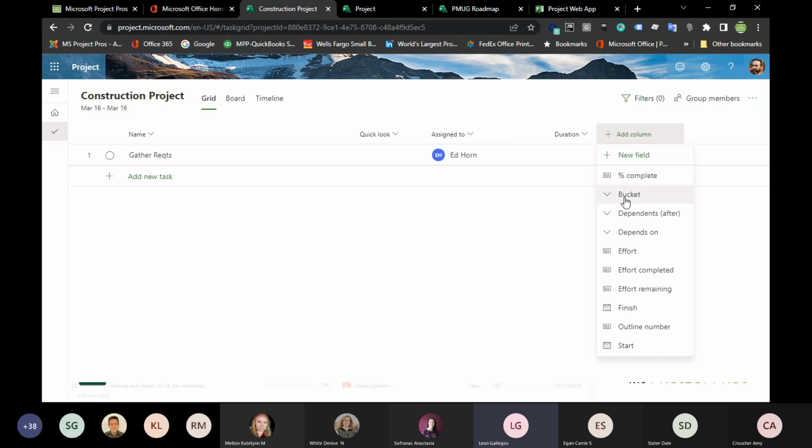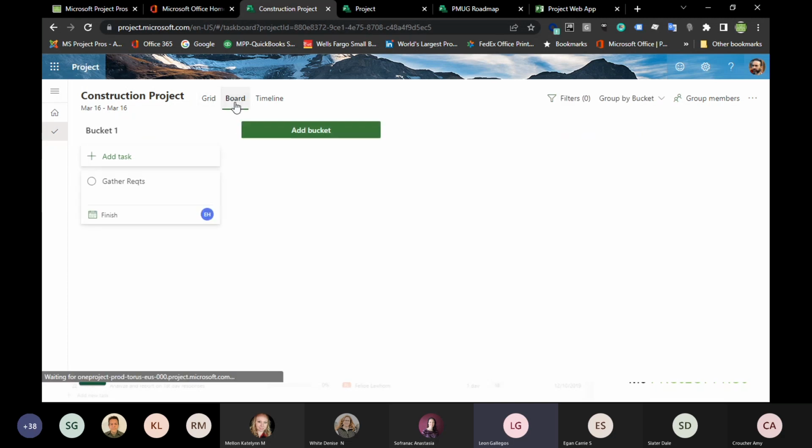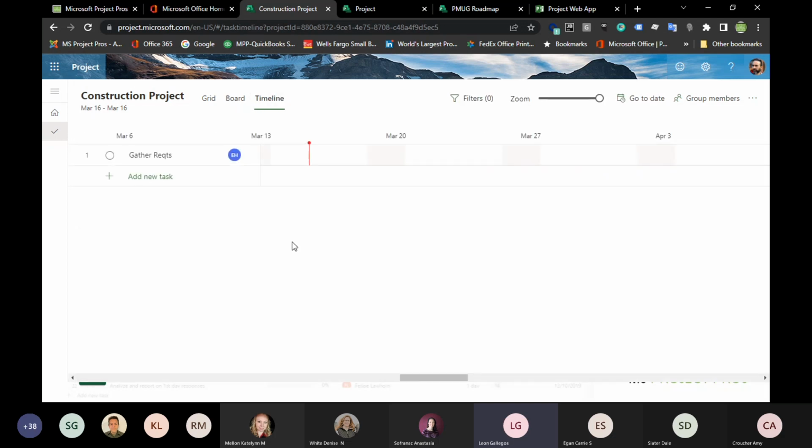When I go to add the column, you'll see that there's multiple additional columns that I can add here. If I'm more comfortable with estimating something like effort, I would go ahead and plug effort in here as I work through this. The other thing that you're seeing is that I'm working with the grid type format. Those of you in Planner probably have seen this before. You say, hey, this looks a lot like Planner. I got grid, I've got a board, but the one thing I don't have in Planner is the timeline. Everybody likes the timeline, right? And so within Project for the Web, I get a timeline view that I don't get in Planner, right? That's one of the significant differences there.